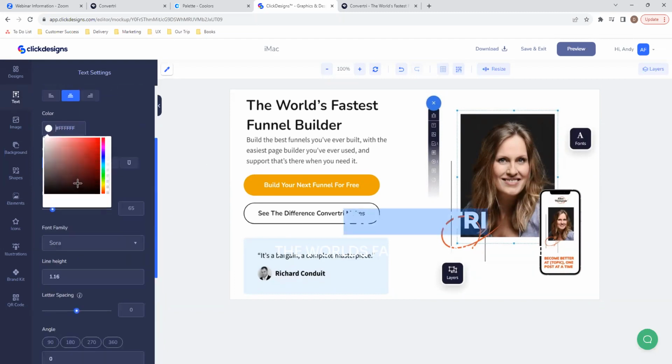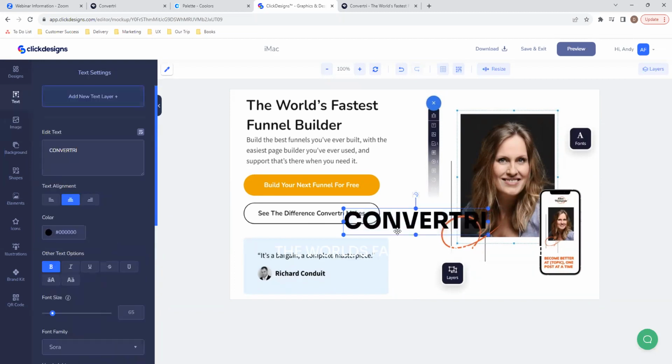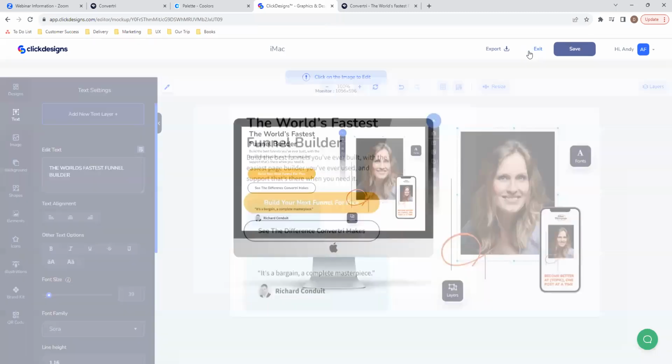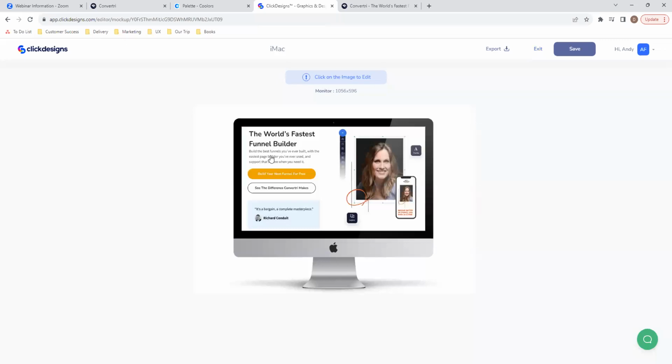But we could maybe just see if it looks right with black. So yeah, it's not really going to do much there. So we'll take that off. And what we've got now is just a simple image on here. But if we save and exit that and preview it, you can see it's now been framed with this kind of Mac design. So if we now save this,